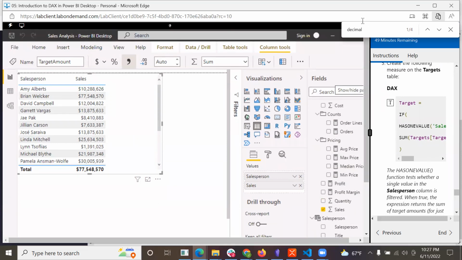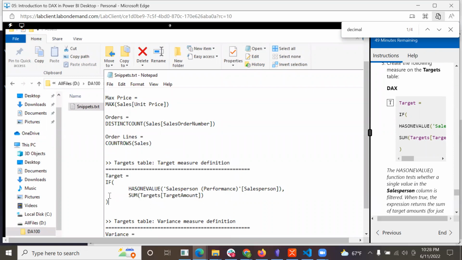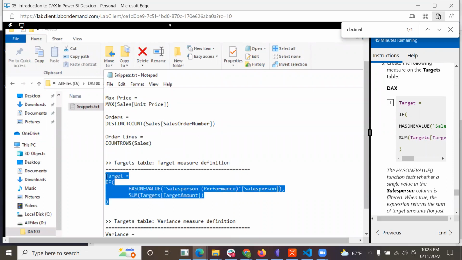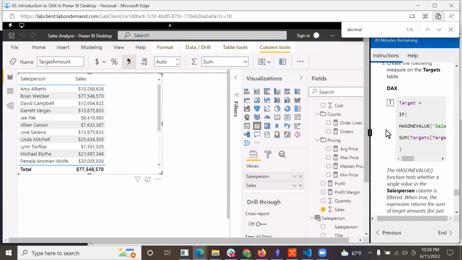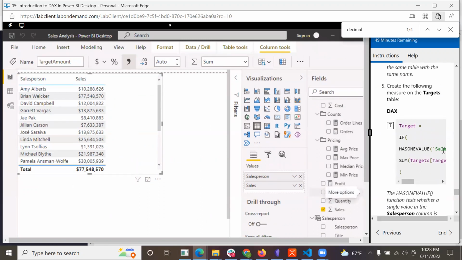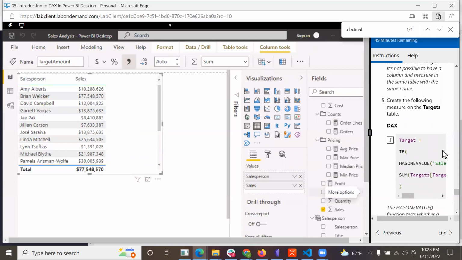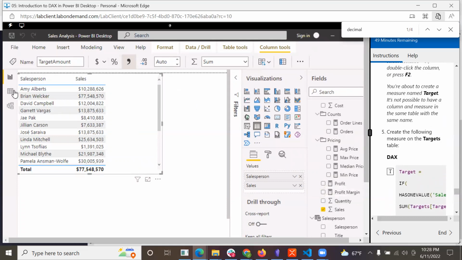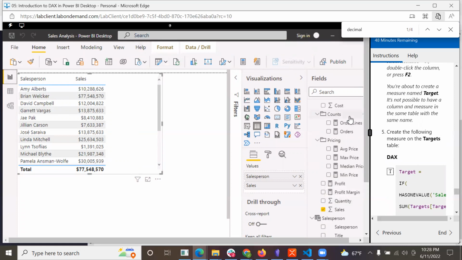I will minimize that and find this target stuff. Okay, what's that? Targets table, target measure definitions. Copy that, go back to Power BI and create a measure. They seem to think that I'd know how to format that. I don't. I think I need to go to data. What did I need to do that? Oh, I think I need to, what if I go to